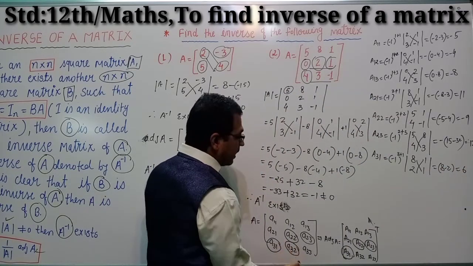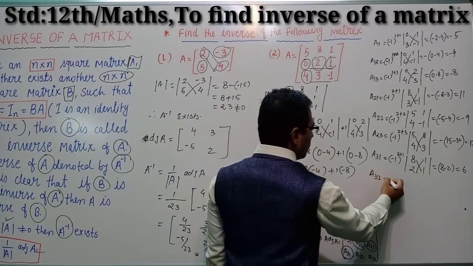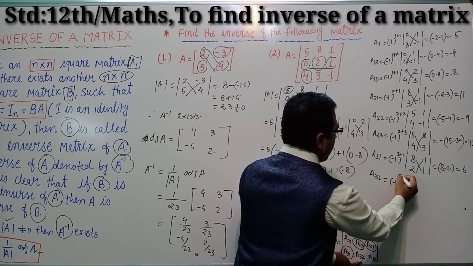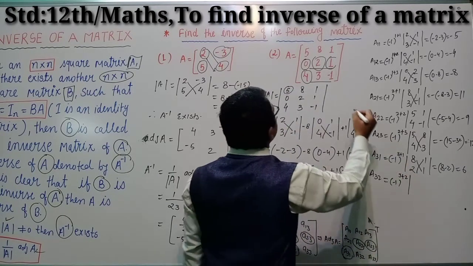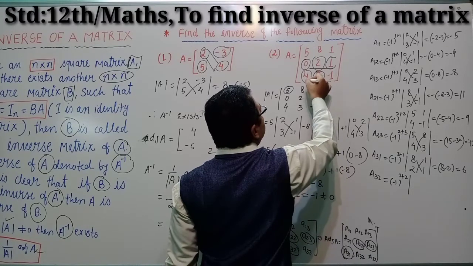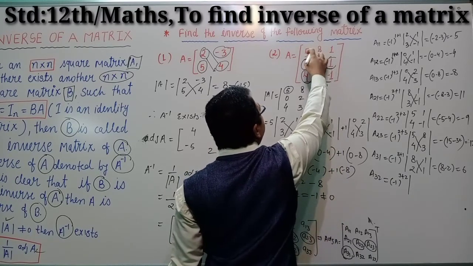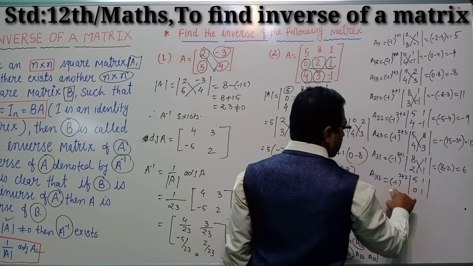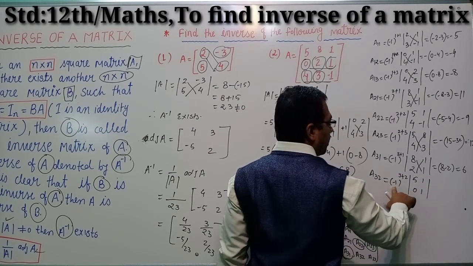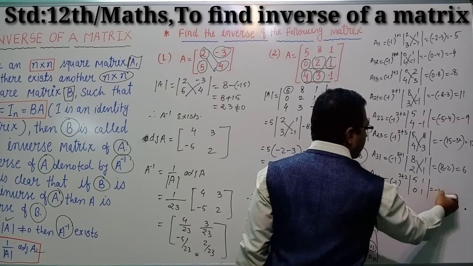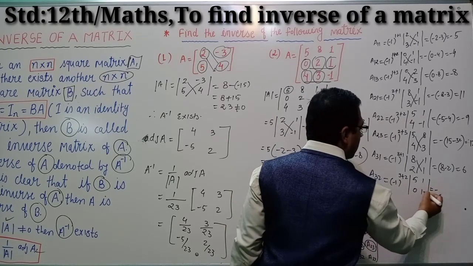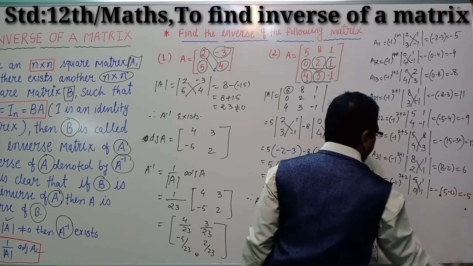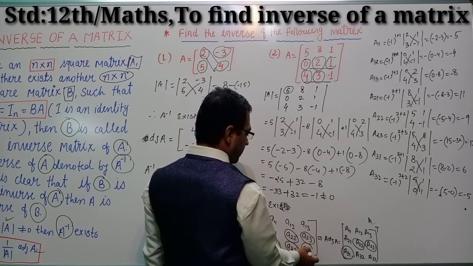Cofactor of A32. The cofactor of A32 is capital A32. Minus 1 is to the power 3 plus 2. Cofactor of 3 means do not write these element and these elements. So 5, 0, 1, 1. This having odd, the power of minus 1 is 5. So minus 1, cross multiplication, 5 minus 0. So minus 5.